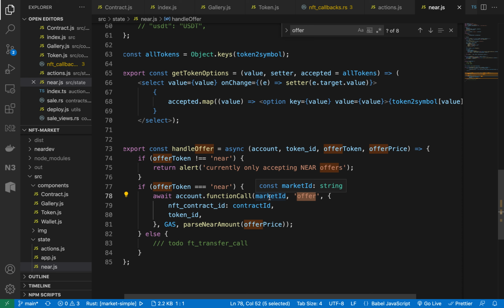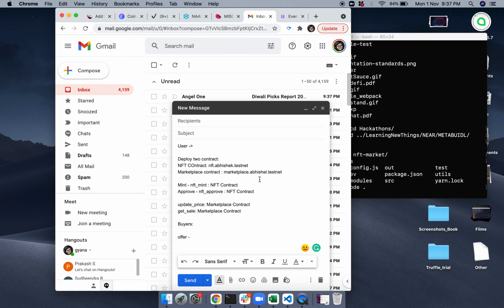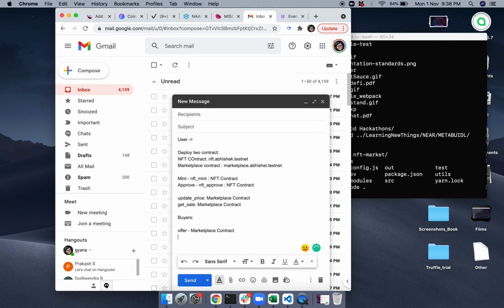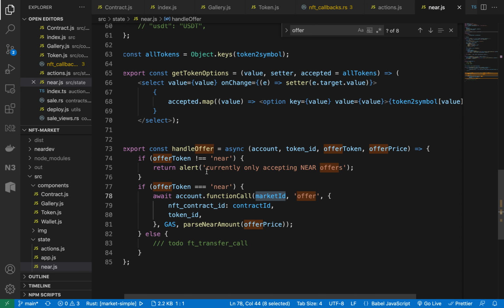This function is present in the market contract. Whenever somebody wants to buy, they will make an offer. Now there are two things that you can do. One is you can follow this exact pattern where there is bidding, where there are bids that are being given for this particular NFT, and what it does is it will automatically sort the bids that have come from the users, and it will finalize the auction by giving you the highest bidder, which is on top, the topmost on the array.